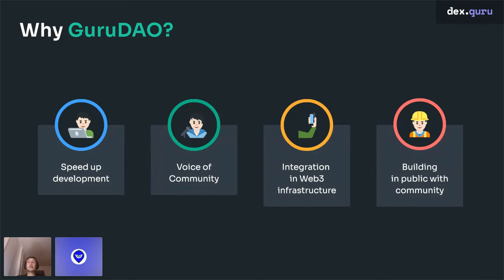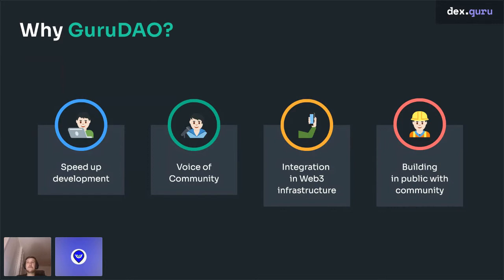The next thing is the voice of the community. As you know, product development without customer development is worthless and pointless. But what is the best way to get customer feedback? Yes, you're right, build the product together. If every user participates in product discussions, shares their opinion, and even has a financial interest in product growth, it creates the best customer development environment, where the product is exactly what users want. Due to the consensus mechanism, it doesn't turn into a mess of features, but crystallizes into a reasonable set of